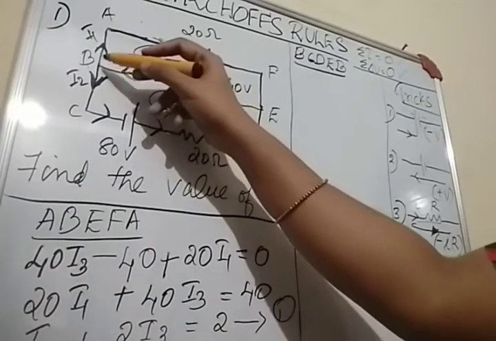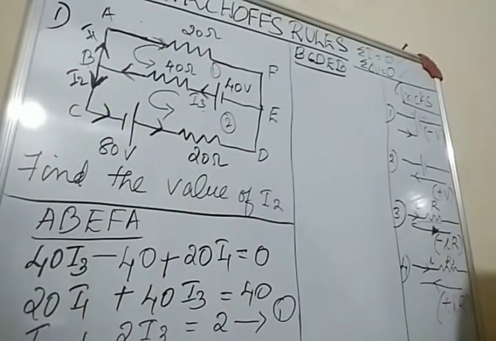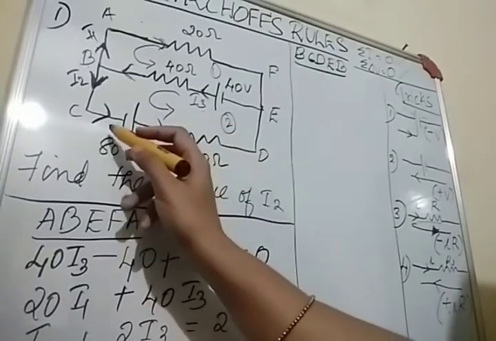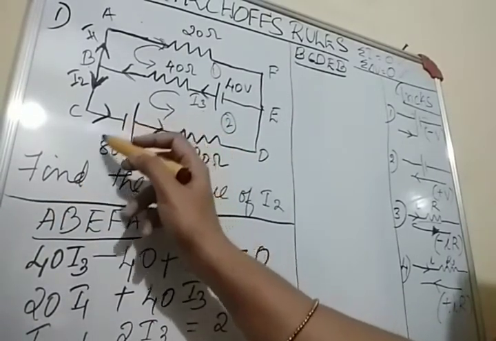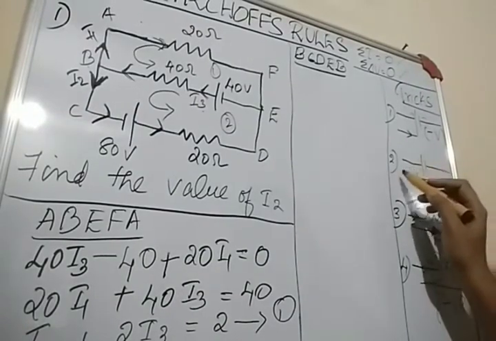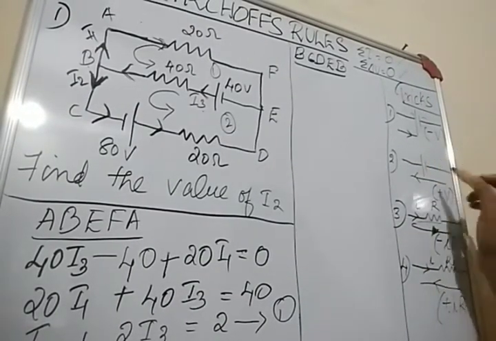Now, as we move from B to C, no components are there, so no potential drop. As we move from C to D, two components will come. First is a cell, and we are moving from negative to positive of the cell. So as per the second trick, when we move from negative to positive of the cell,